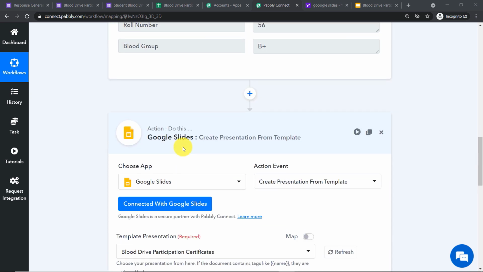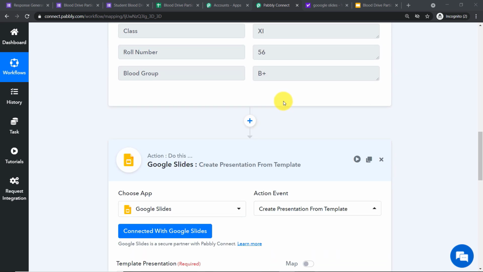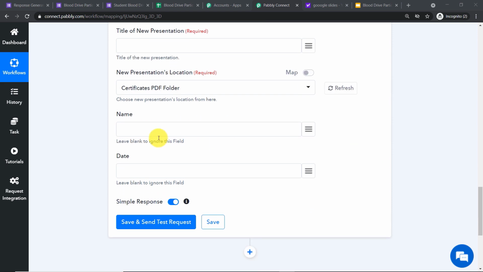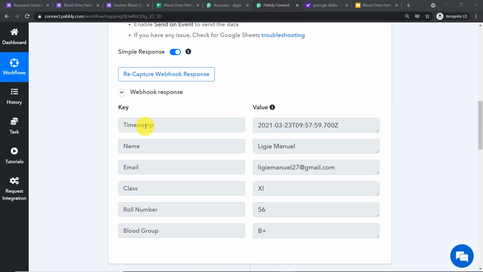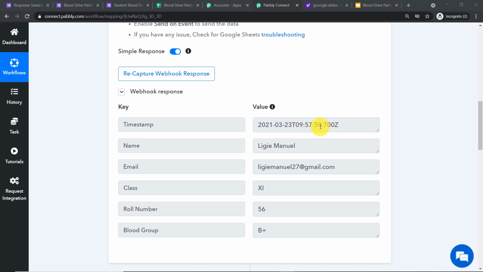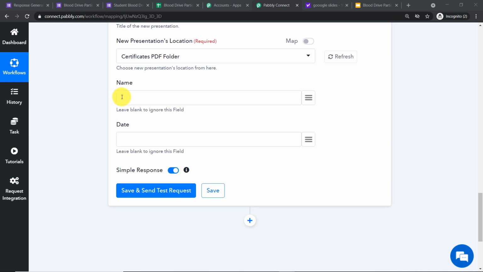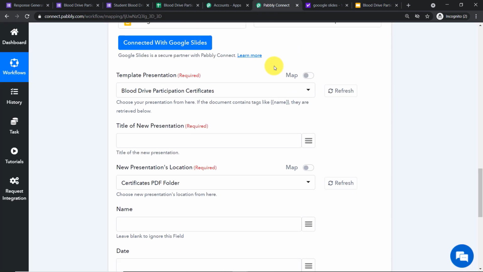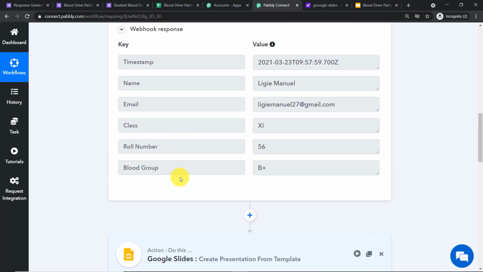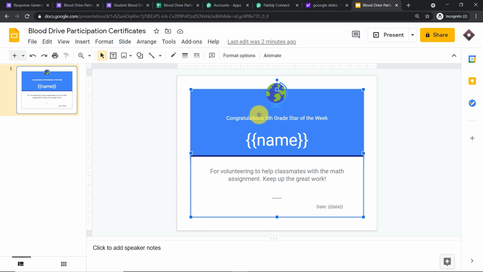What we are going to do here is map these particular details, the name field and also the date field. As you can see, the date field is quite confusing, but we will deal with that later. When we map these two details, it will show the name here as well as the date here. Now we have some more fields we can deal with, for example the roll number, the blood group, and I think also the class. So I'm going back here.